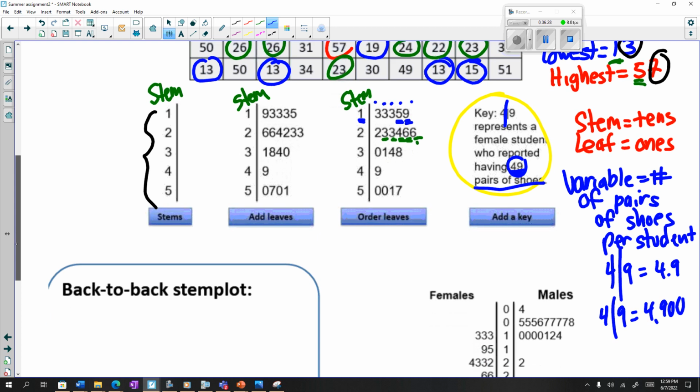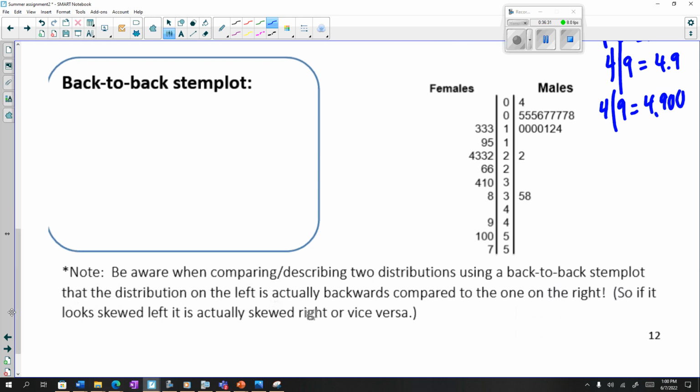Now, often what we'll see in the form of a multiple choice is something called a back-to-back stem plot. A back-to-back stem plot is just like the stem plot we talked about, but it displays two different subcategories of that same quantitative variable. In this case, we have males and females. Let's say we were talking about the number of pairs of shoes that the students have in the class. Instead of just doing it in one stem plot, we could break it down into the variable of gender, and show the males separately from the females, and then we can do comparison like we just did in the last one. So a back-to-back stem plot uses the same stem,